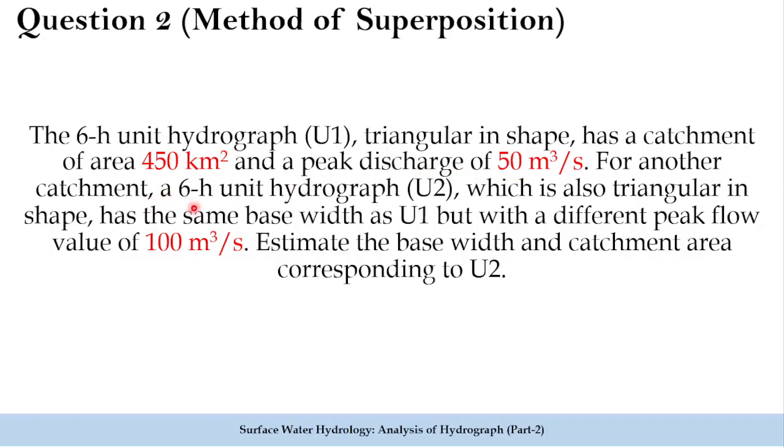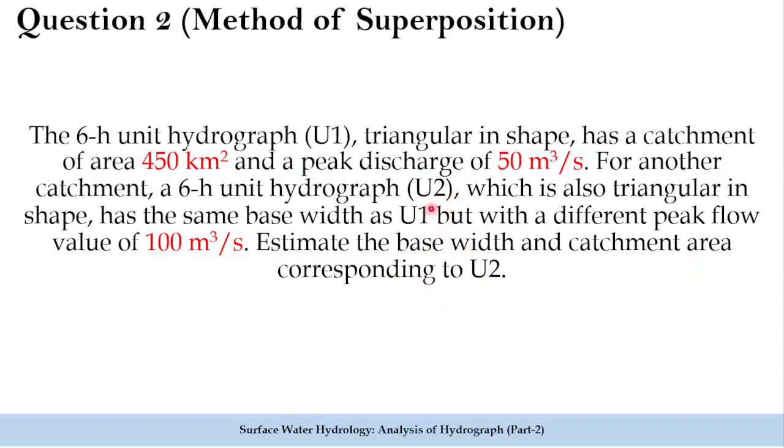For another catchment, a 6 hour unit hydrograph U2, which is also triangular in shape, has the same base width as U1, but with a different peak flow value of 100 meter cube per second. Estimate the base width and catchment area corresponding to U2. So this is the target, to find out the base width and the catchment area of the unit